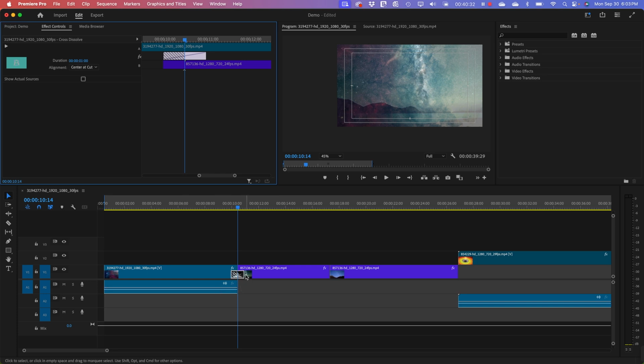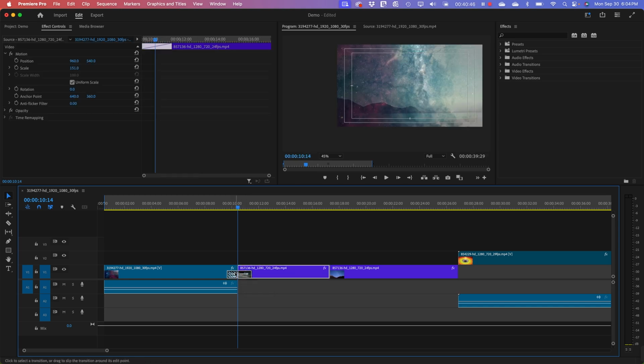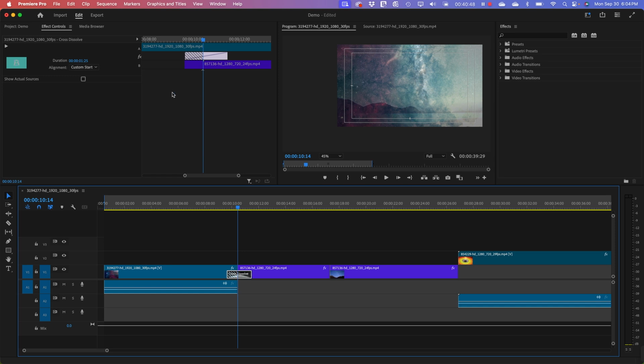So I can either come down here and pull out the duration of that crossfade, or I can set its duration up here in the effects controls. So I could go to 2 seconds, alignment, center at the cut,